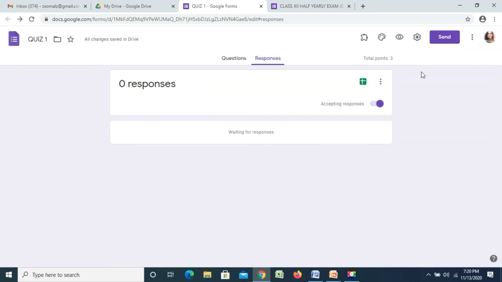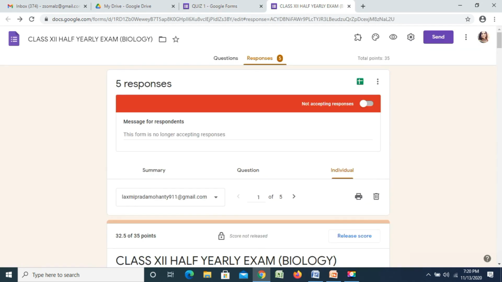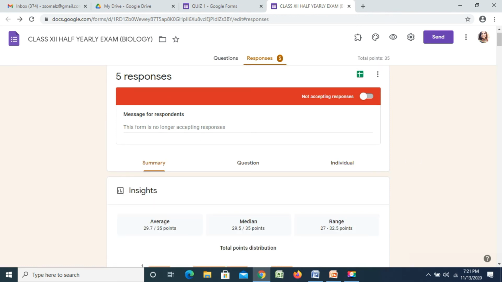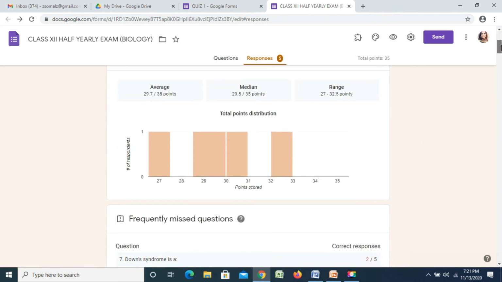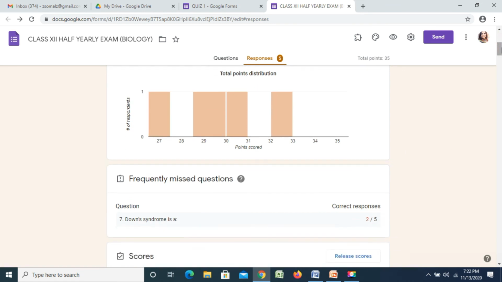In the response section, the responses of the students will be collected automatically and compiled in Google Sheets. I have already conducted one test in my class. I'll show the responses of the students. Now as you can see here, this is the summary of the responses given, how the students have attempted the questions.